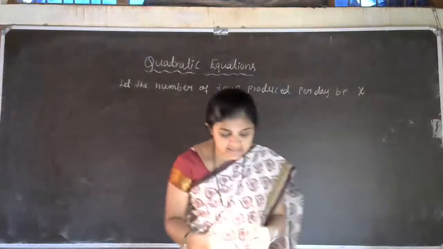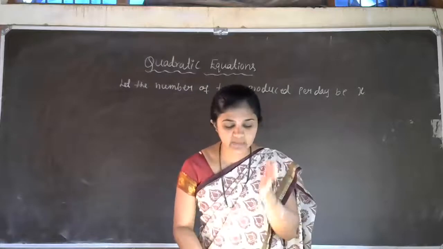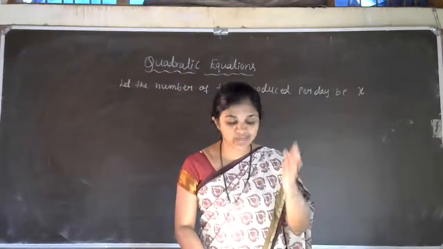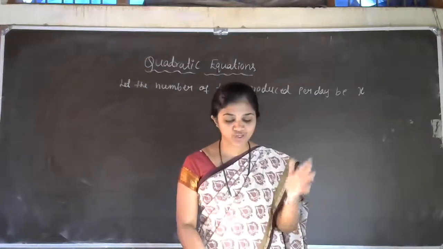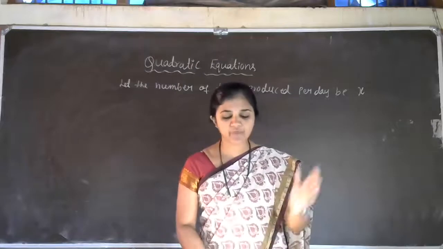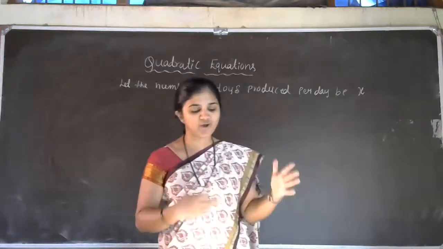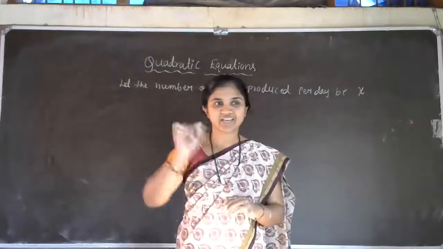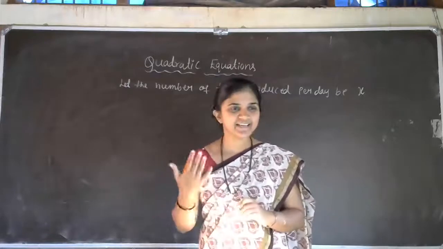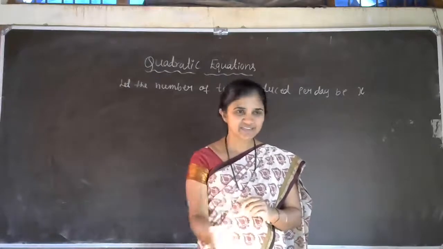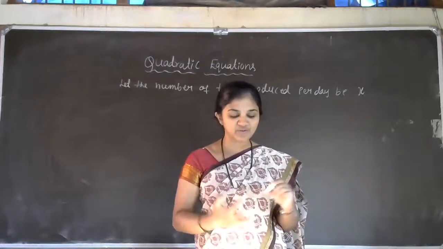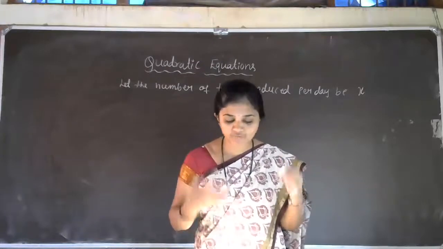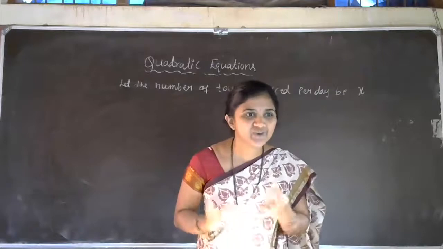Next, let us read the question again. A cottage industry produces a certain number of toys in a day. The cost of production of each toy was found to be 55 minus the number of toys produced in a day. So can you guess the second statement now? Yes, I need the answer from your side. See, it is very simple now. So what is the next step?